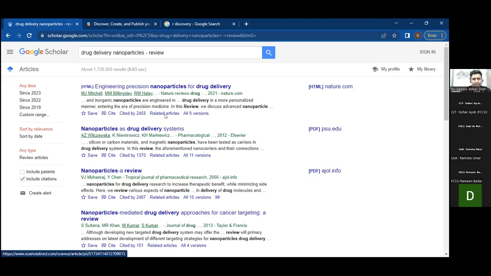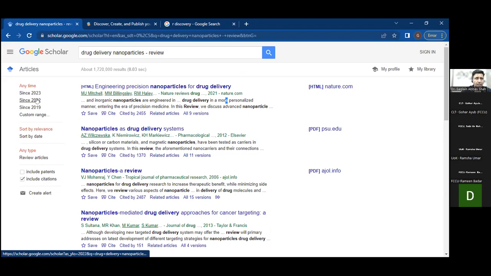And of course, if you look at the journal, it is Nature Review. Nature is a big company, the best publishing company in the world. So this is a Nature article, and you are definitely not going to miss this article. So since there are millions of articles in this single research query, how would you fine tune your research? If you look at the left side,